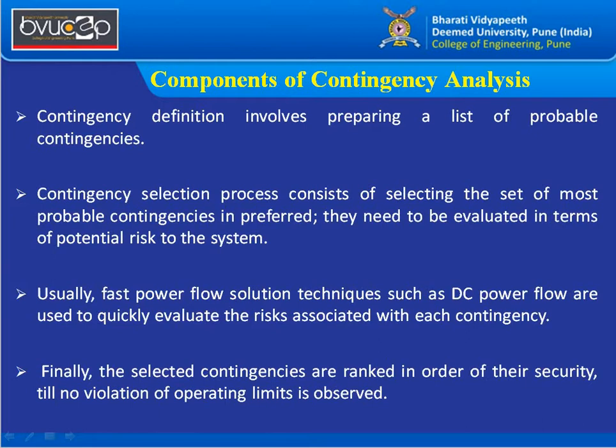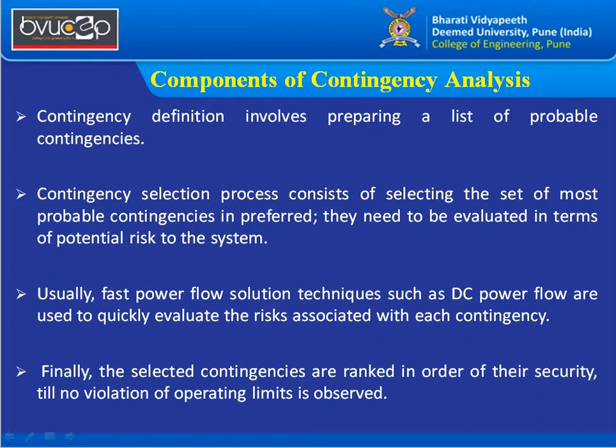So here we are going to majorly measure the active power flow, or the megawatt power flow, in the system. That is why we go for the fast power flow technique, that is DC power flow, where we can avail the facility of knowing only the real power flow in megawatts. We don't require the other parameters, that is the reactive power or any other supporting parameters. So this is implemented to quickly evaluate the risk associated with each contingency. That is why we go for DC load flow.